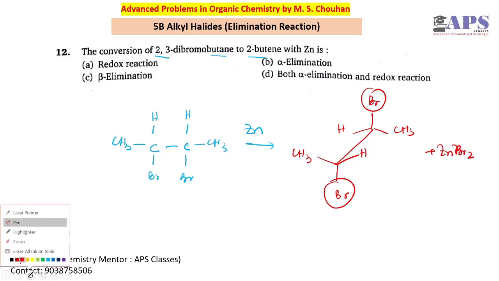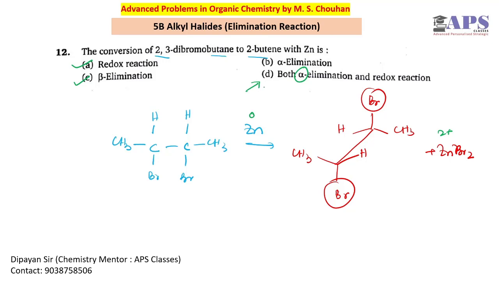So if you see that initially zinc is in metallic state 0, this is plus 2, so this is a redox reaction, nothing but redox reaction, and also this is a beta elimination. So according to me both are correct, redox reaction and beta elimination. Okay, so this option may be modified to have a single correct. If this is beta, then option D can be a correct option, but according to this problem only, if we follow the options, A and C both are correct, because this is a redox reaction, because 0 to plus 2 is oxidation, so this is a redox reaction. Along with that, the final product is an elimination product, and this is nothing but a beta elimination.